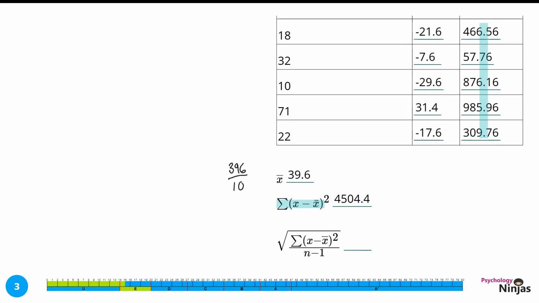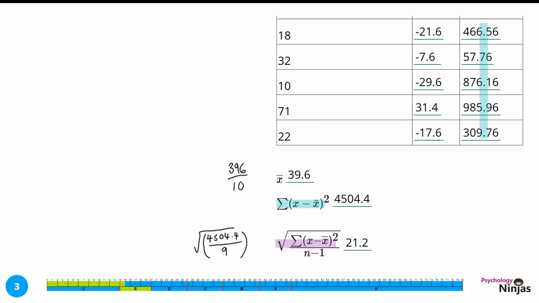4,504.4. We can then complete the formula that we're given in the front of our booklet, and we do get a mark for writing it out and substituting all the values. So we're going to do the square root of 4,504.4 divided by n, which is 10 minus 1, so that's 9. So we need to do this calculation first before we do our square root, and then that gives us our